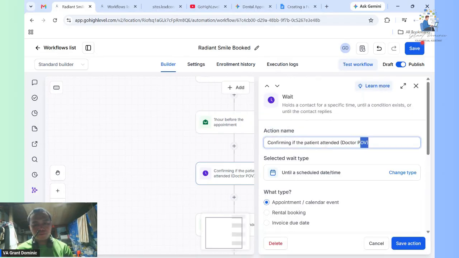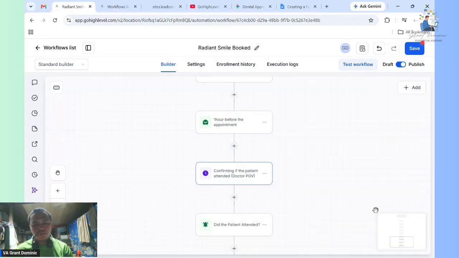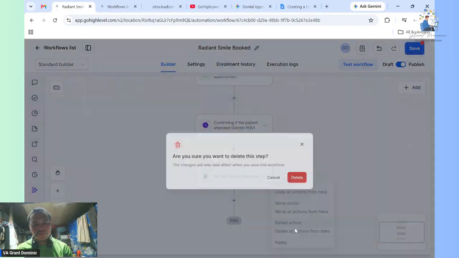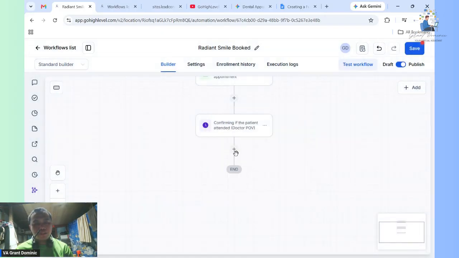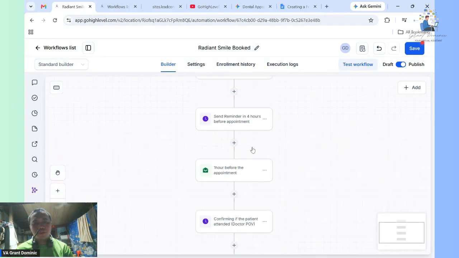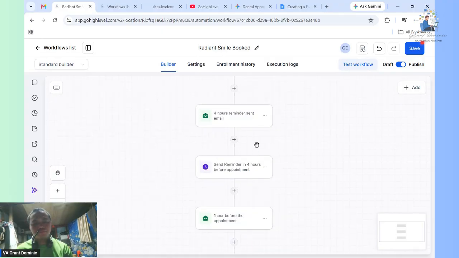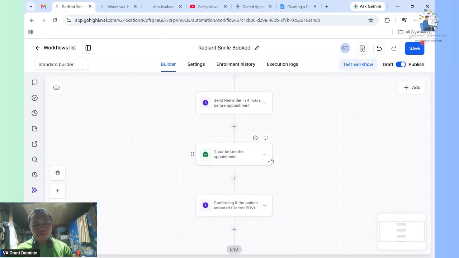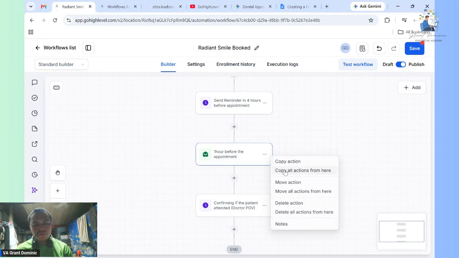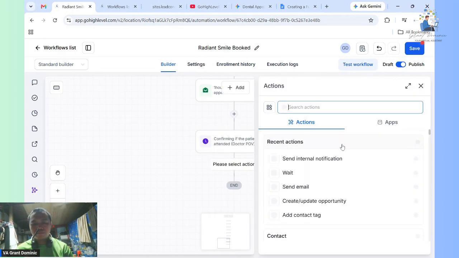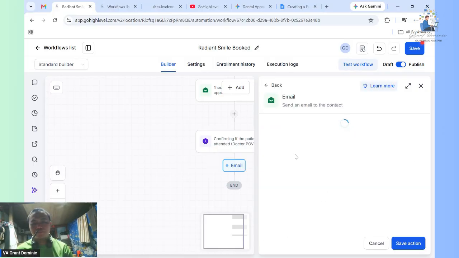So doctor's POV so that we can send. So we will delete this. So we will send an email, a thank you email to the patient. So let me copy this. Oh, I'm gonna manually send this. Send email.